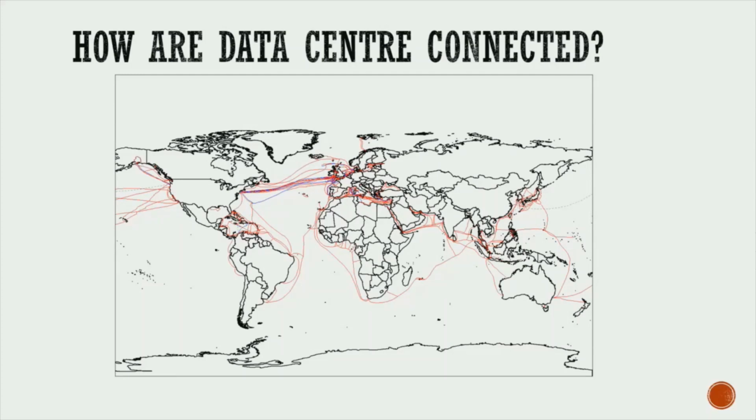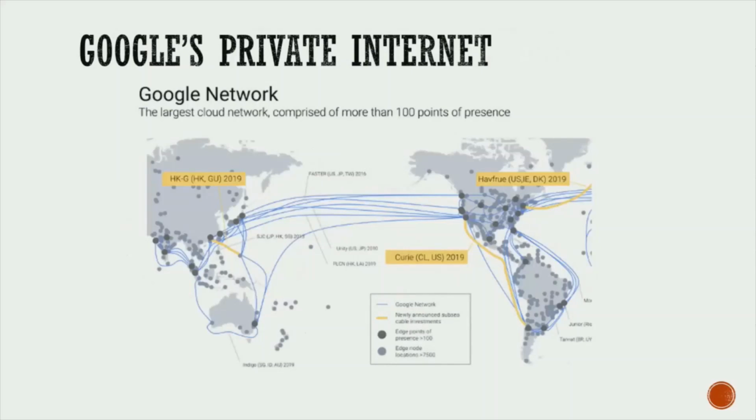So what they have done is set up their own optical fibers in the sea. And these optical fibers connect the data centers based on SDN, software-defined networking. We'll have a one hour lecture on why software-defined networking is a good way to manage your network. Software-defined networking is used to virtualize the network, the way virtualization is used to virtualize your servers. In this example, this blue line shows the Google optical fibers set up by Google, and they have invested more than £1 billion in setting up their own optical fiber network